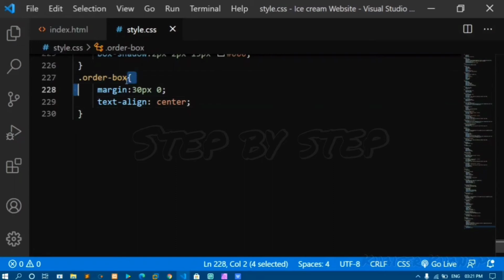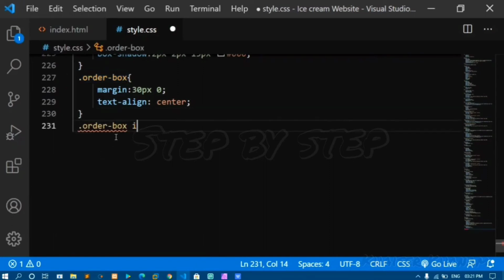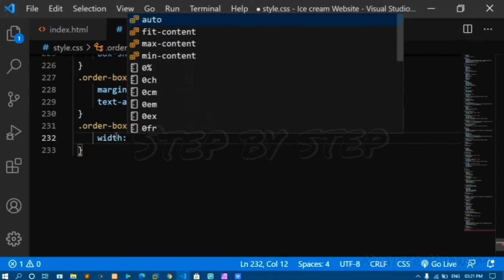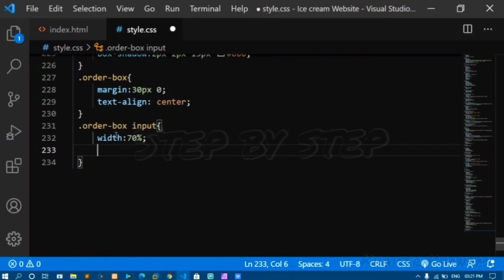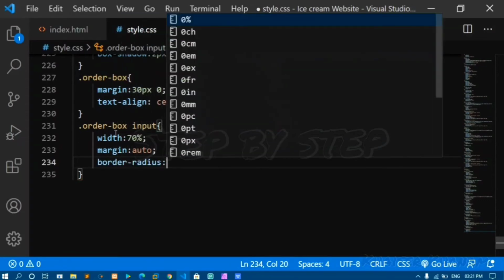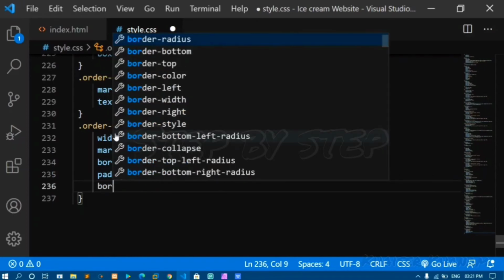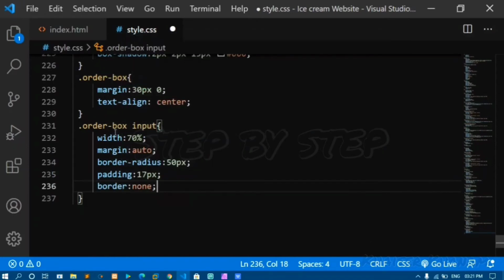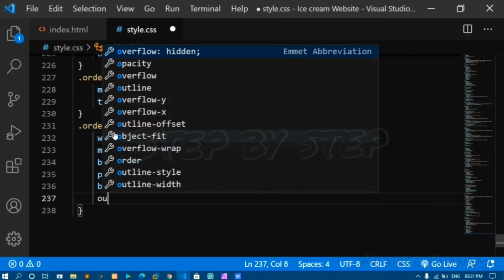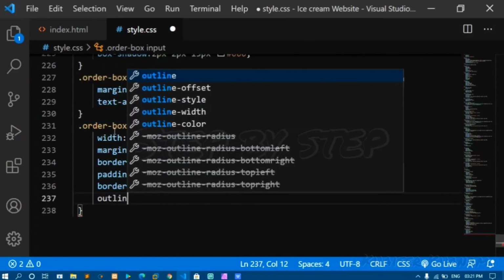Now inside, copy this order box class, paste it here, and inside that I want to style my input fields. For that I'll give width 70% of 100%, margin I'll give it as auto so that it will come in the middle, border radius 50 pixel, padding I'll give around 17 or 18 pixel, border none. You can give any styles of your choice, outline none,